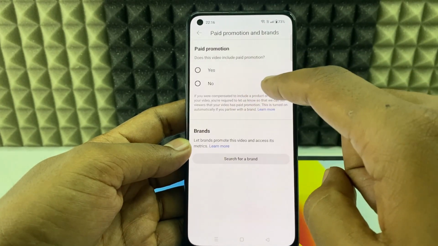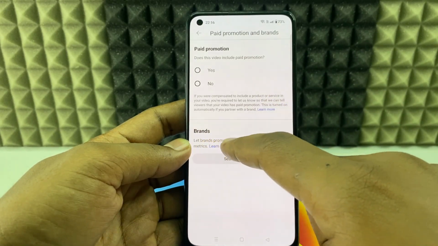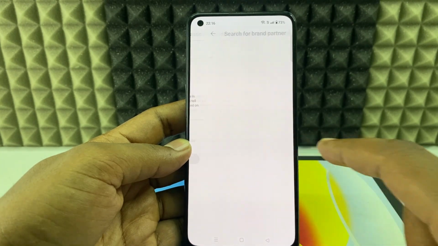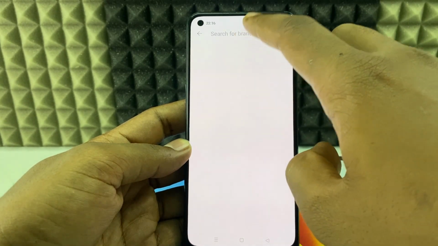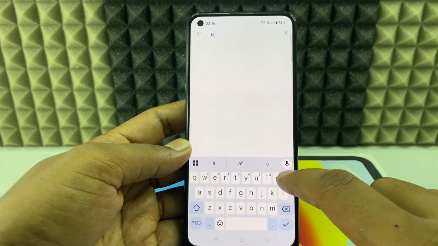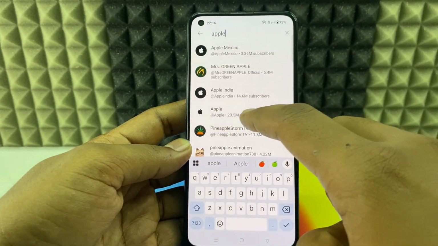You don't need to select anything. Now here you can see brands. Let brands promote this video and access its metrics. So click search for your brand. Now just type the brand name you want to promote this video. For example, I just type Apple. So Apple, official Apple,